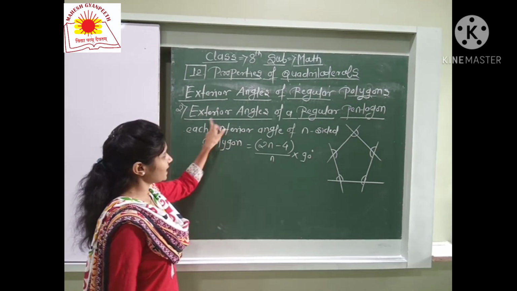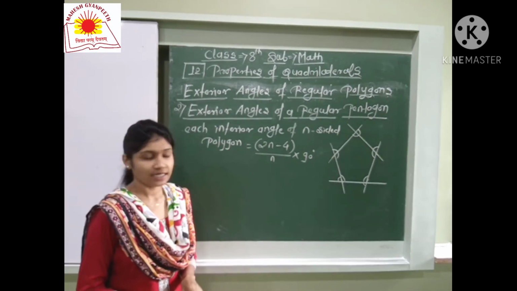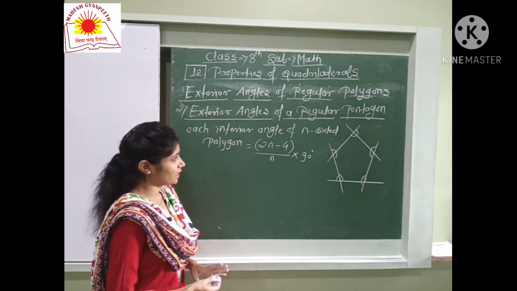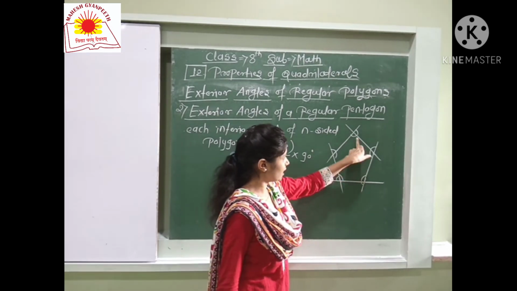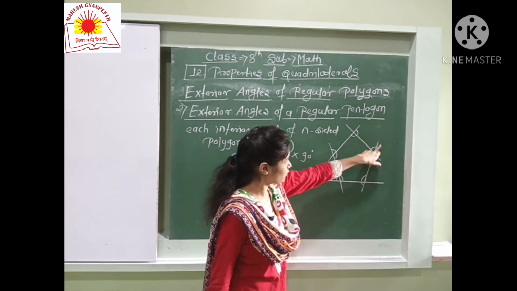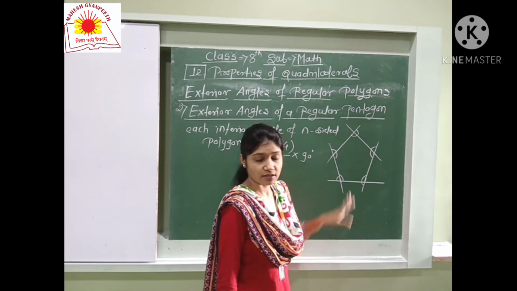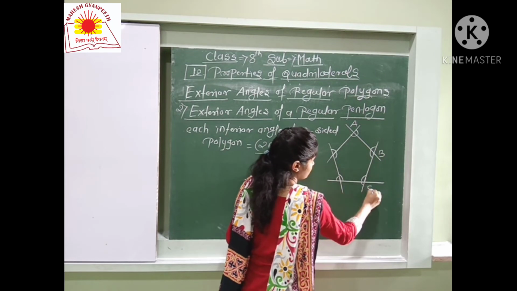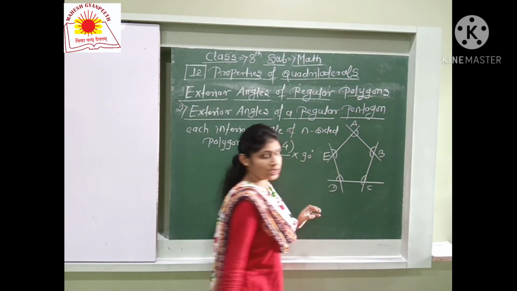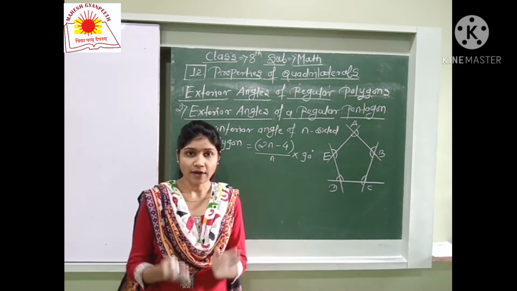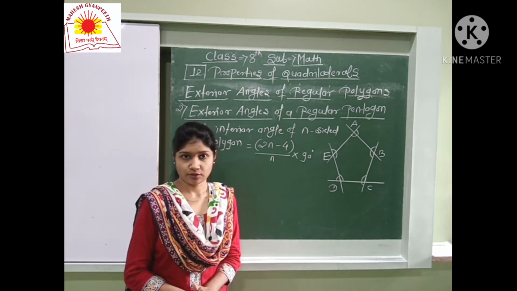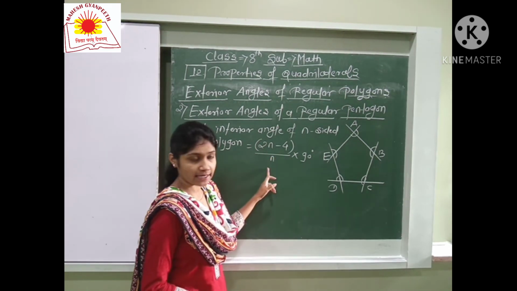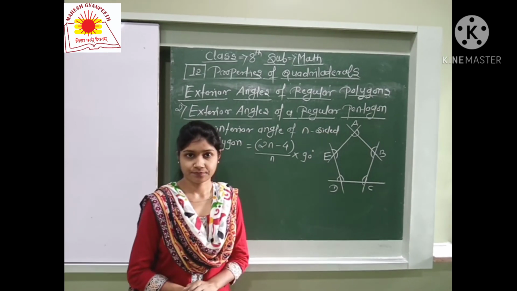Now next, students, exterior angle of a regular pentagon. Okay, regular pentagon. Pentagon means a 5-sided closed figure. Now first you have to find what? This is a pentagon. These are the interior angles, all 5 interior angles, the inside angles. And these are the exterior angles. Okay, so it is A, B, C, D and E. Okay, students, now see here. First we have to find each interior angle of a pentagon. All of you know that there is a formula: (2n minus 4) upon n multiplied by 90 degree.